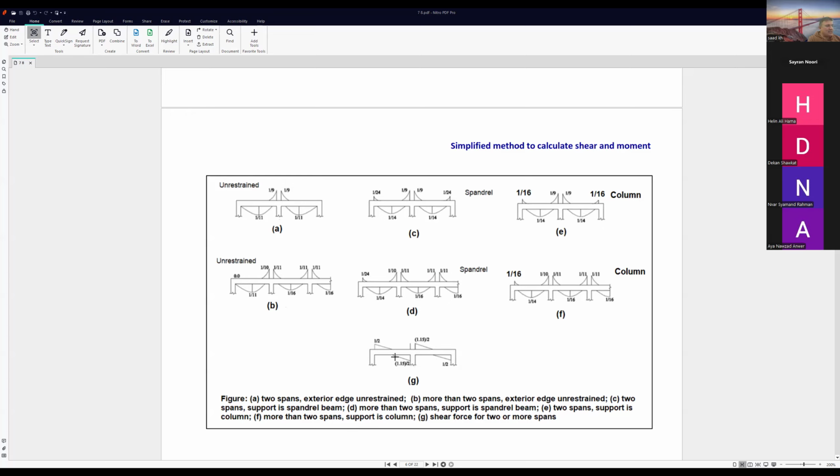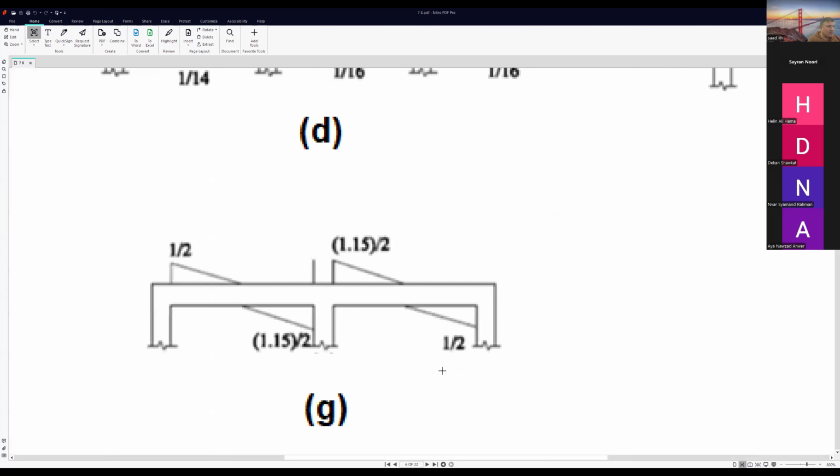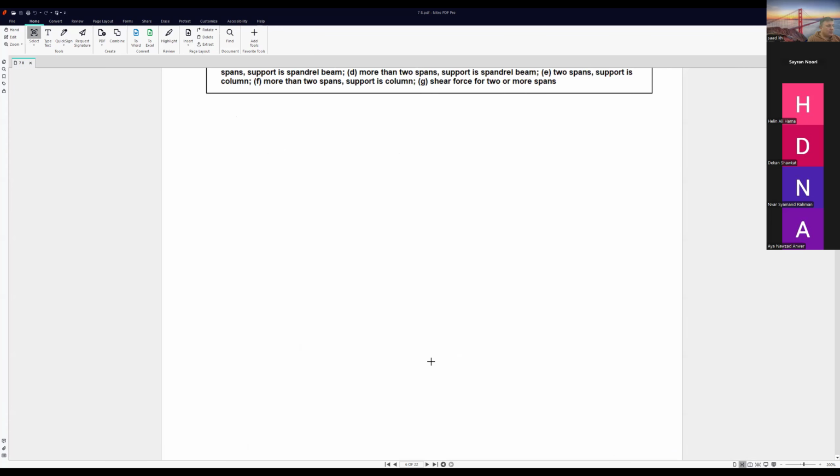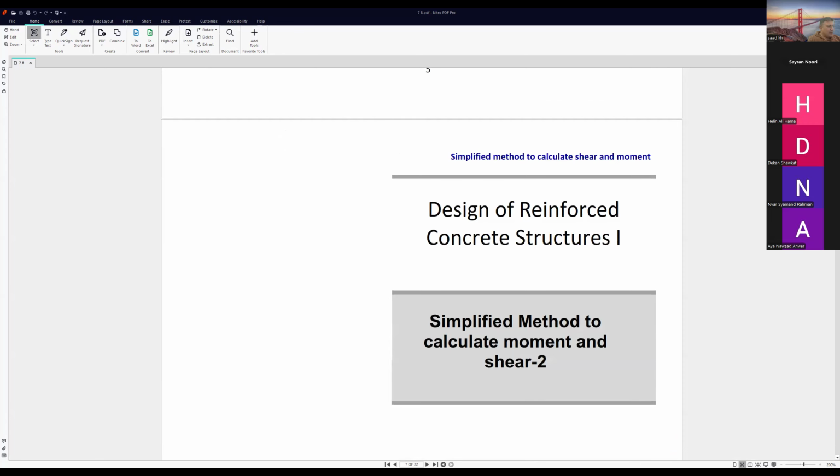And G is the shear force for 2 or more spans. It's WL over 2, and 1.15 WL over 2. So here we have 1.15 WL over 2. Now we have, for example, this one, WL over 2. So I will share the,